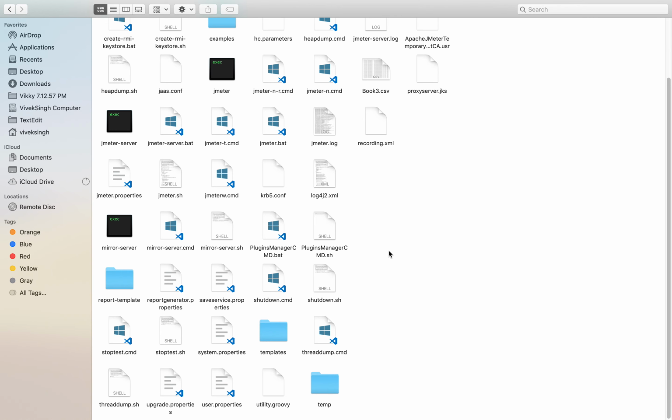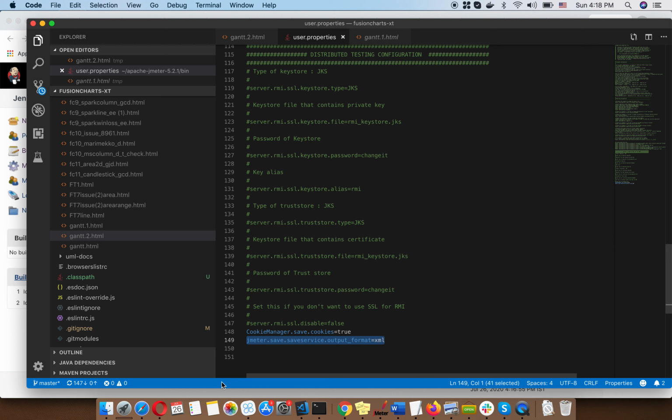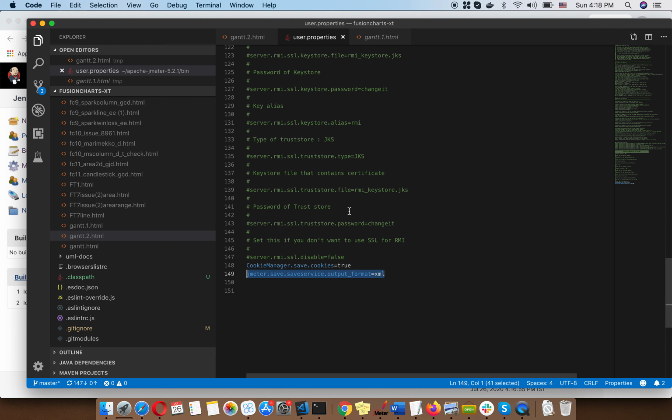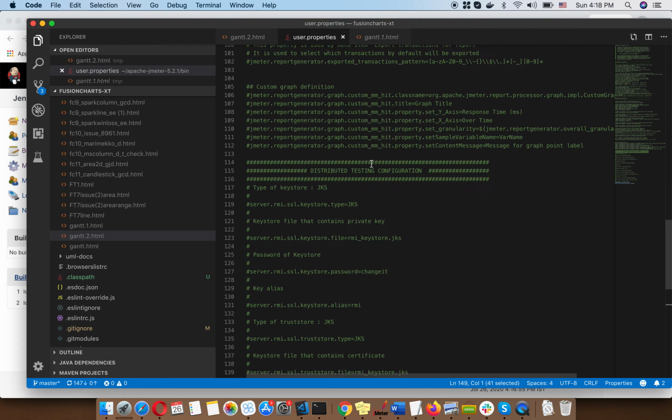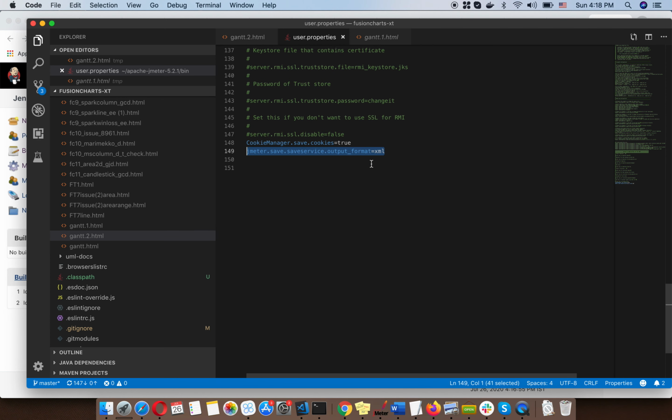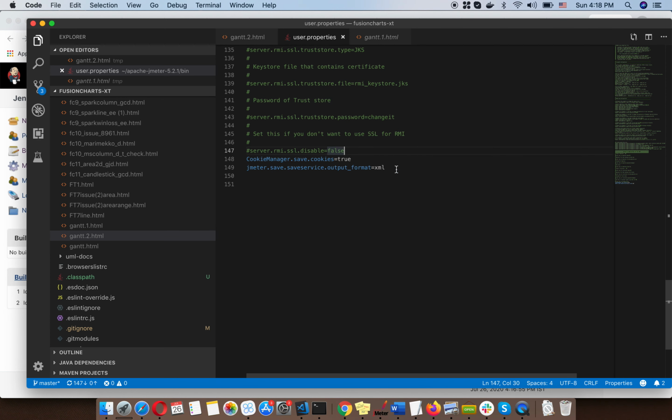Then you have to select user.properties, just open it. On double click, as an editor you can use Notepad or anything, I'm using Visual Studio for editing this. You can see this file will open, and what you have to do is, at the end of the last line, just add this particular command,